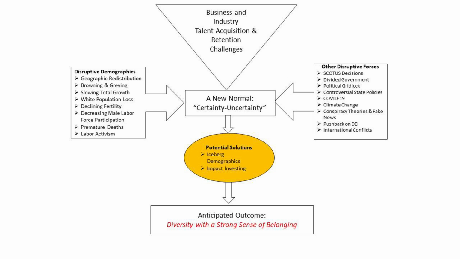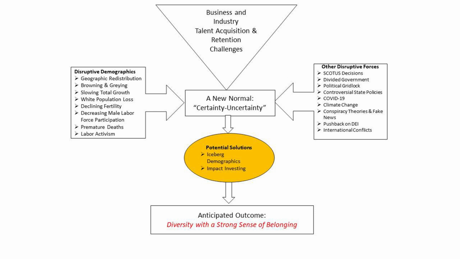A slowing total growth, a loss of the white population, and I've got some data on that, declining fertility, decreasing male labor. So the number of men in the labor force at all ages has been decreasing for quite a while now. Premature deaths,